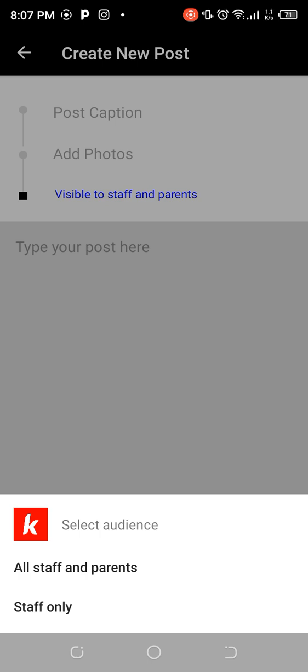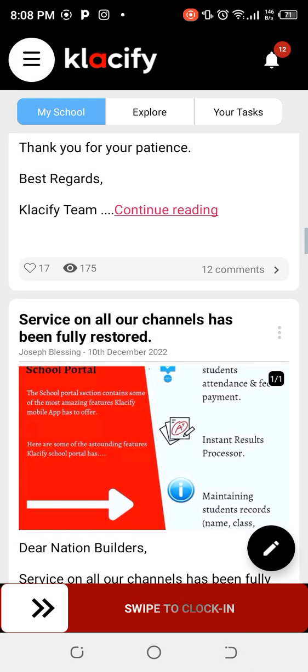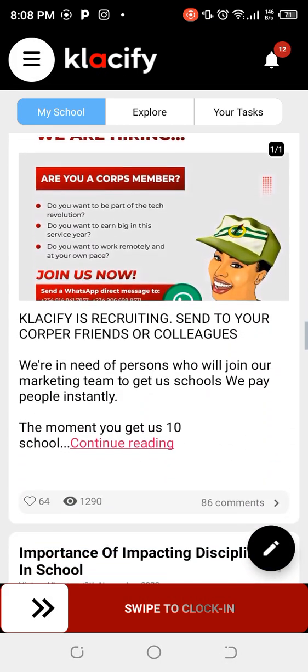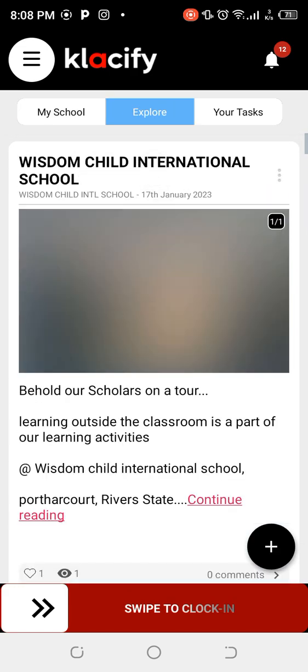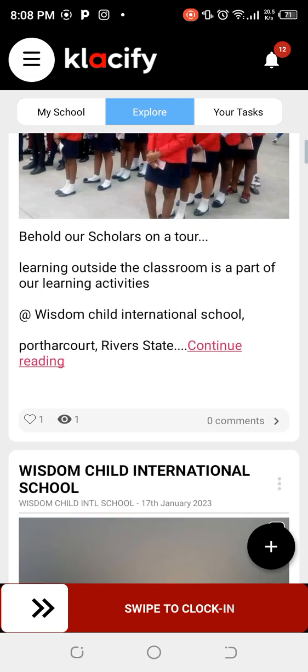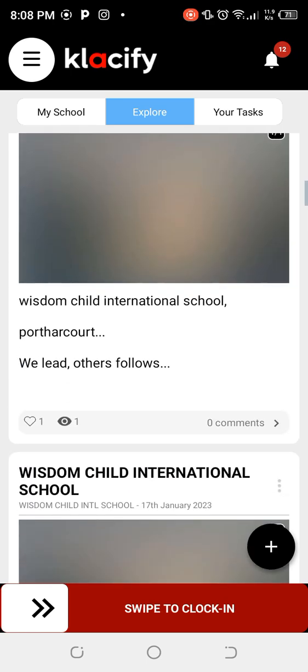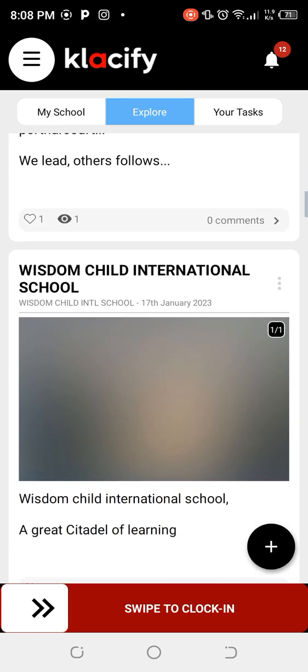If you want to post something for the consumption of your staff alone, you can actually do that here. If you want your staff and parents to have access to your post, you can actually do that here. And once you post, you're able to see everything posted by your school. Now the Explore section is actually for viewing posts made by all other schools. We have these schools who also use our platform, so these are posts from other schools also using the Classify